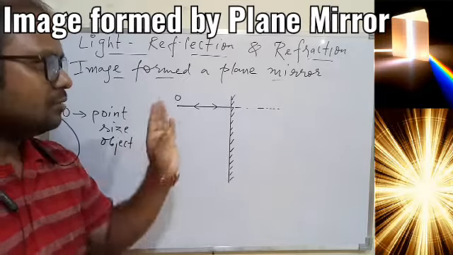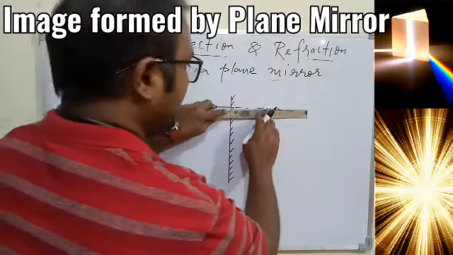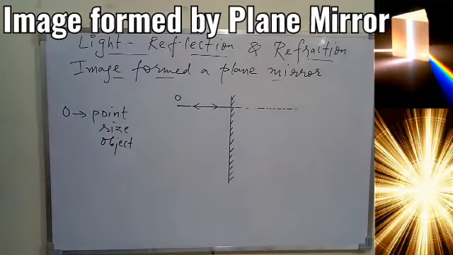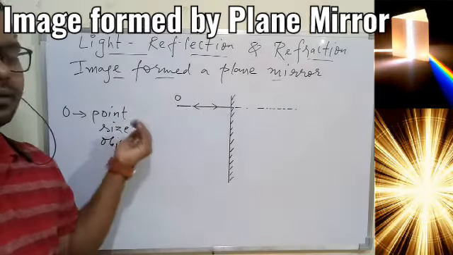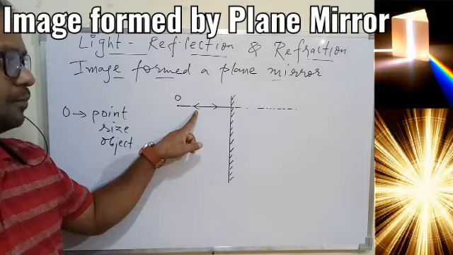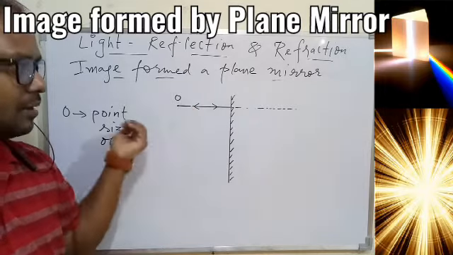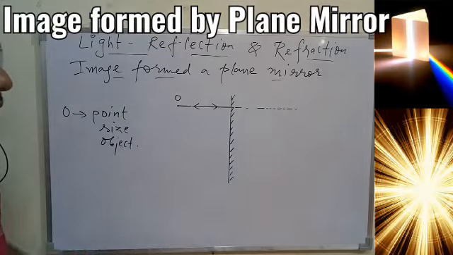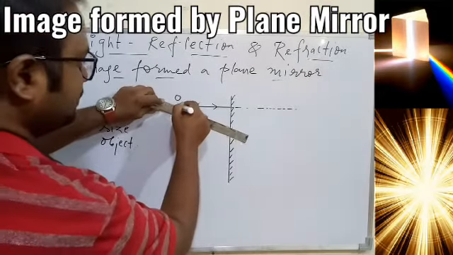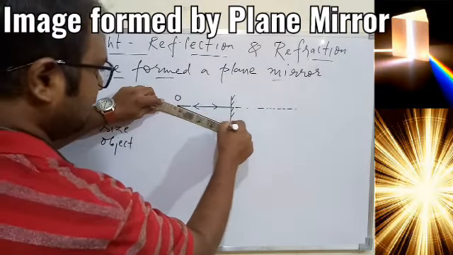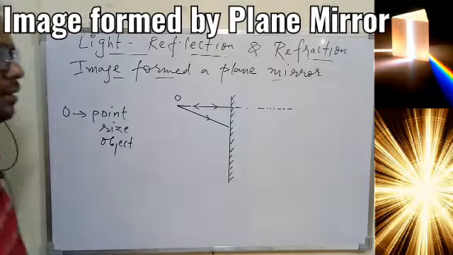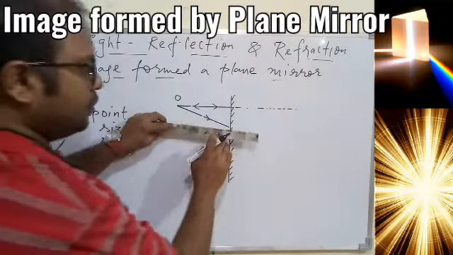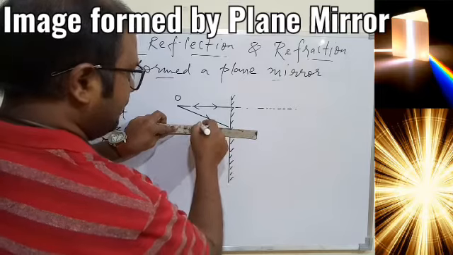We will complete the diagram, then we will have more understanding. So very first we are trying to find the very first ray, and we got the very first reflected ray here, that is coming back from the mirror. One ray is not sufficient to complete our diagram, so we can take another ray of light falling on the mirror at some different point.